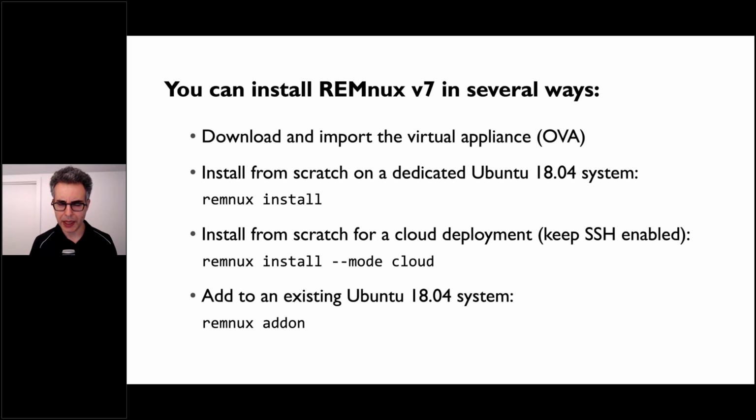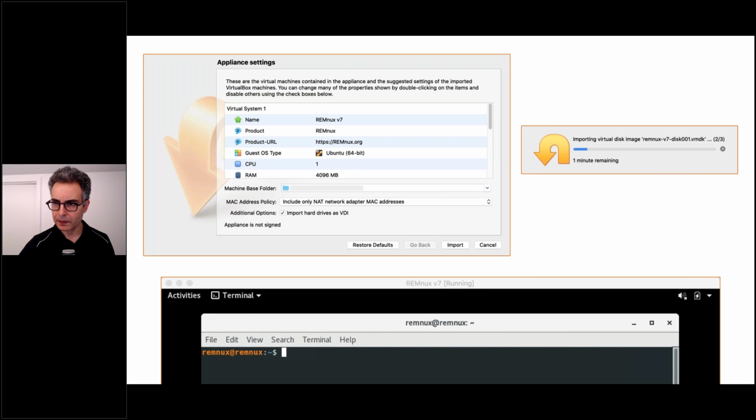So that's good. We've got the virtual appliances available, but sometimes it'll be easier for you to install your REMnux system from scratch. And for this, we now have a brand new REMnux installer and upgrader. It's a tool called remnux. So if you want, you can set up a brand new Ubuntu 18.04 system, and I suggest that you start with a minimal version of the distro, the one that has as few bloated applications as possible. Then, and again, not surprisingly, I have instructions for you for how to do that. Then you can,